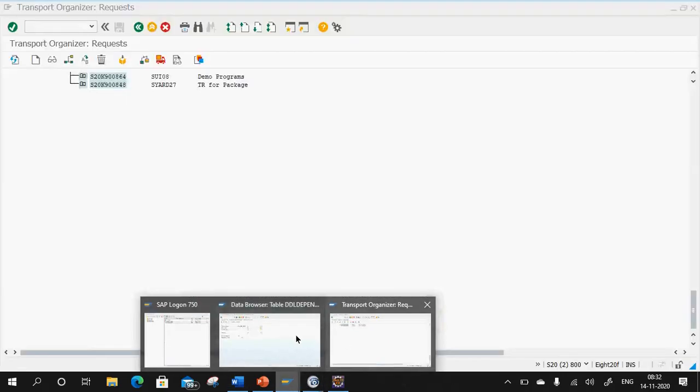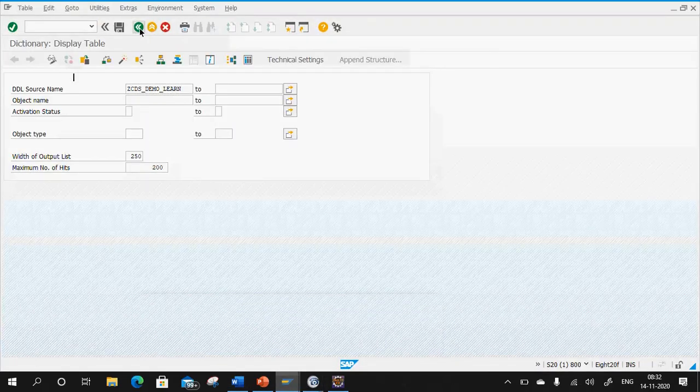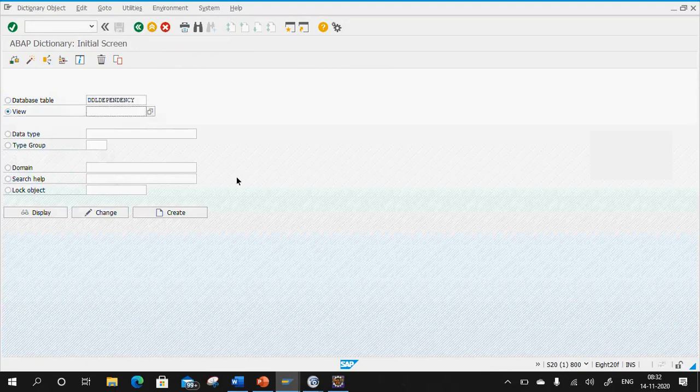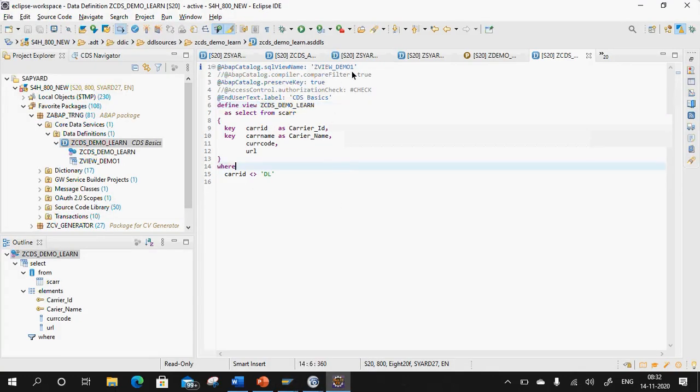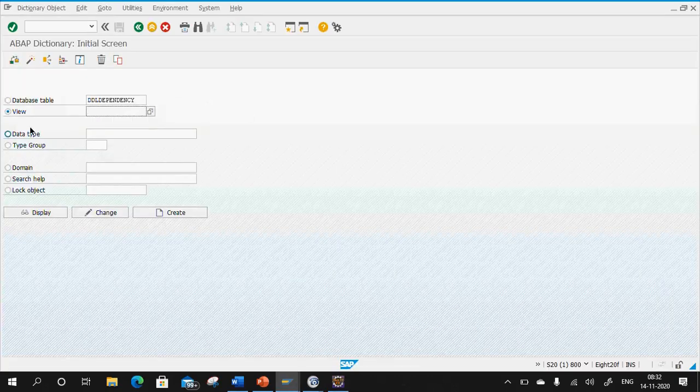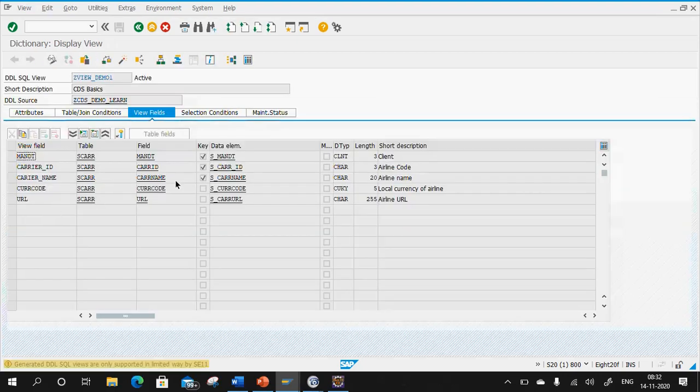Another important point which I want to tell you: when I go back here, in the view, if I specify this view name here, ZView_demo1, and click on display, you can see this message: generated DDL SQL views are only supported in a limited way by SE11.